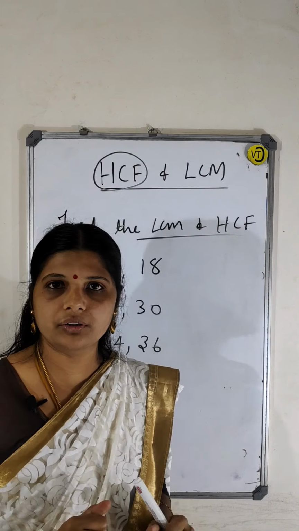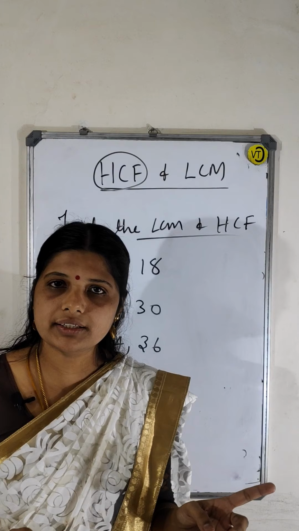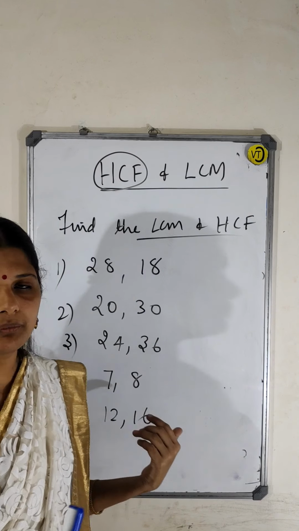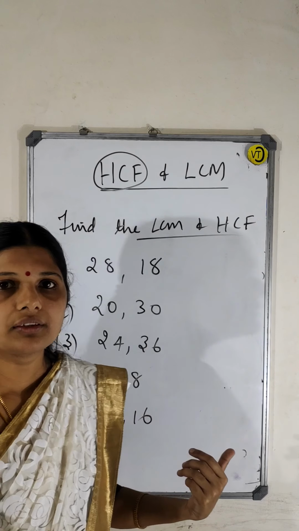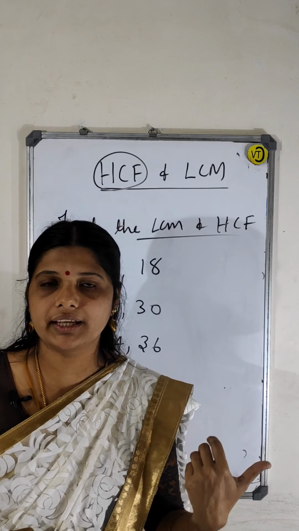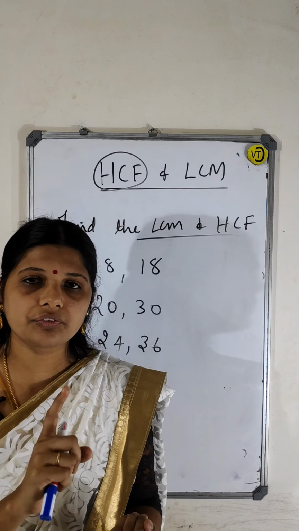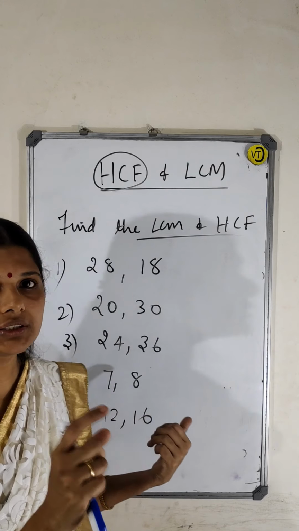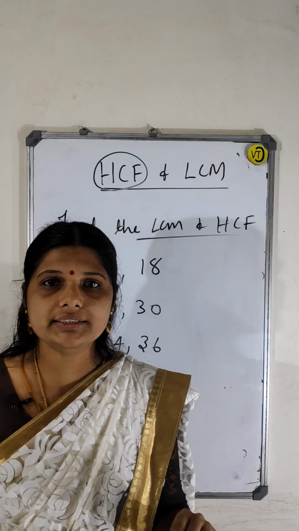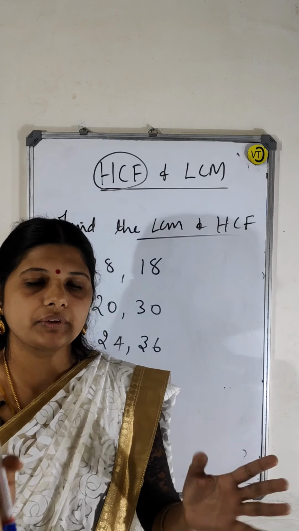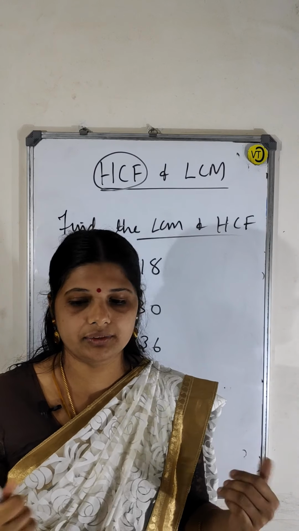Now one thing I want to tell you, 7 and 8 is there. One is a prime number and another is an even number here. But what is the common factor? Yes, all numbers have the common factor 1. That you should not forget. So the common factor for 7 and 8 is 1. LCM is whatever, normally you can do, right? The prime factorization method you can do, or otherwise you write the series of both and then find it.